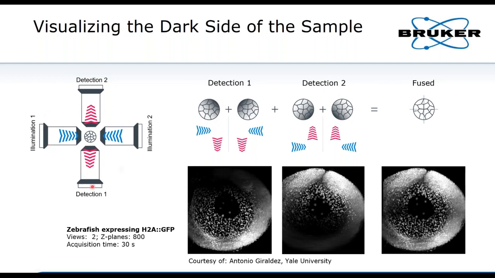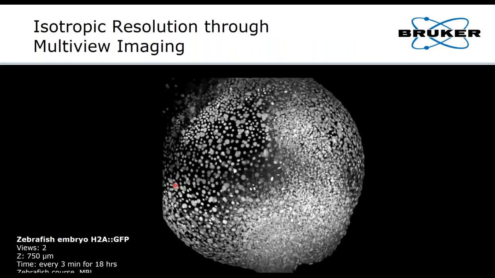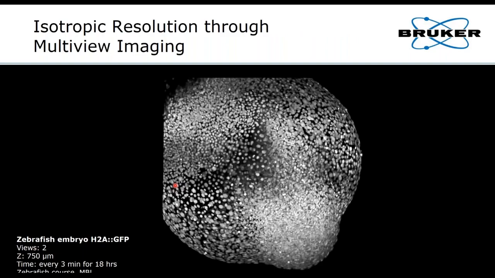And since we combine this and image simultaneously, we get all these 4 views at the same time without the need for sample rotation. Then by computationally registering and fusing the data, we end up with an optimized view where we remove the scattering and the absorbing part of the light, both for illumination and detection, to have an optimized view on our sample, which then allows us to acquire data like this, which we acquired at the zebrafish course at MBL